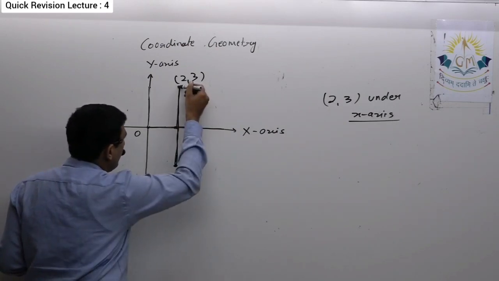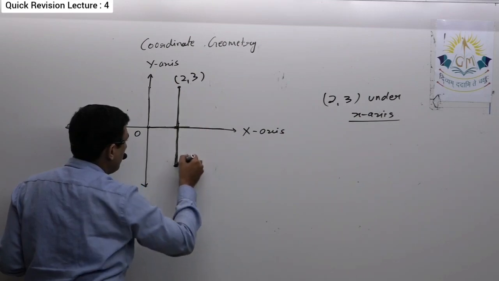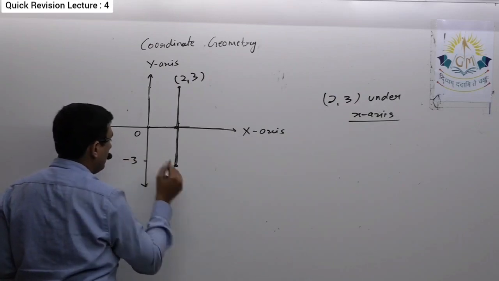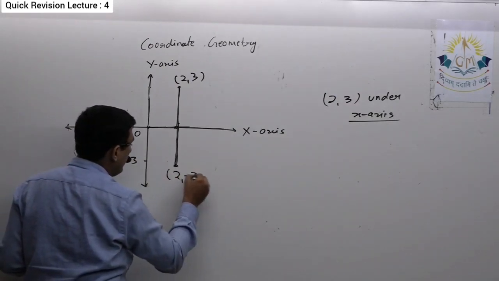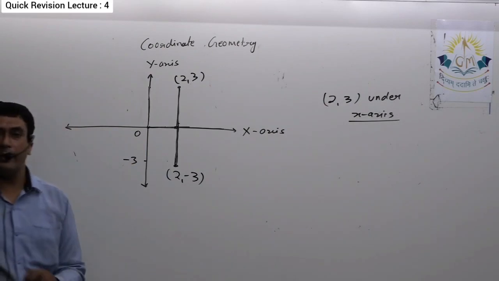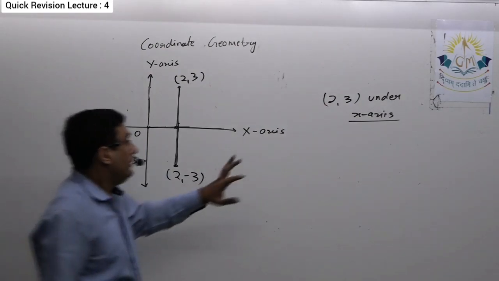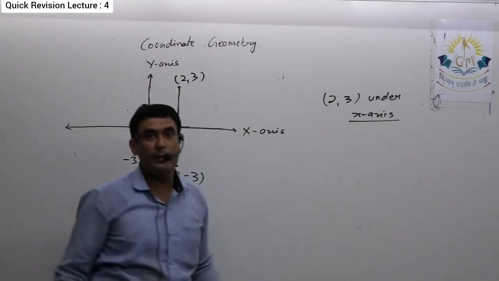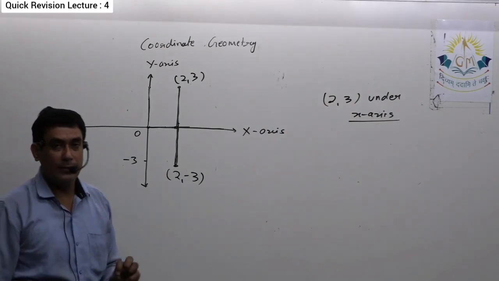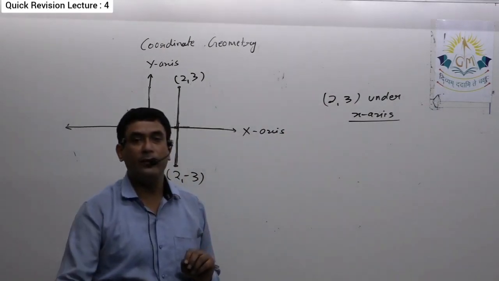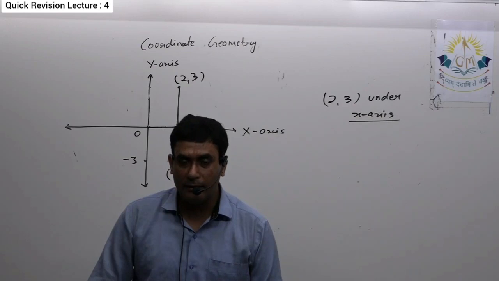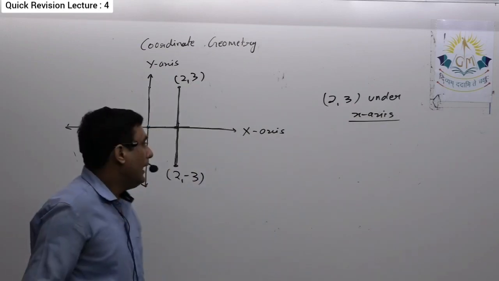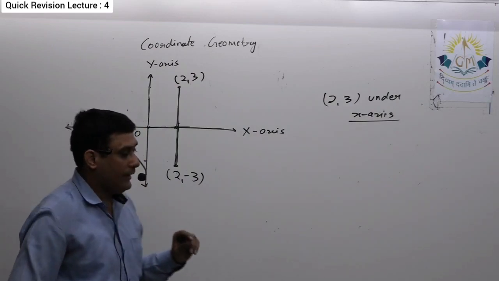Now the distance should be the same, that means this must be equal to this. As this is equal to 3, this will be equal to 3. So here it is actually minus 3. So the coordinate will be (2, -3). So here we are getting one rule, that the image of any point (a, b) under the x-axis will be (a, -b). That means if we have to find the image of any point under the x-axis, we'll interchange the sign of the y coordinate,